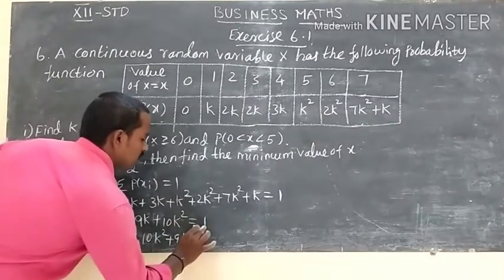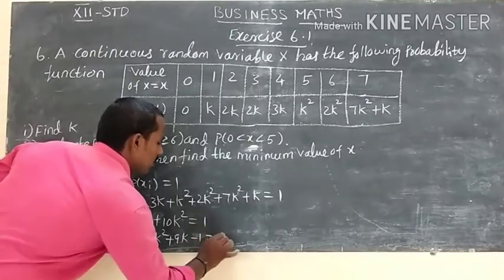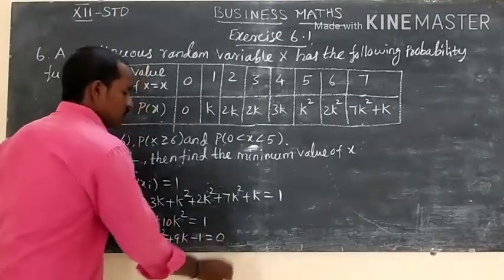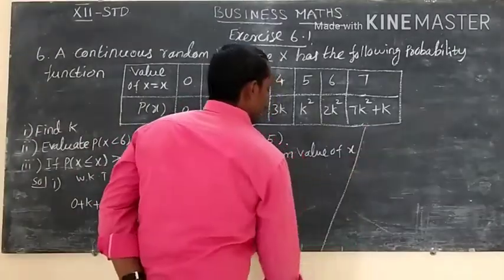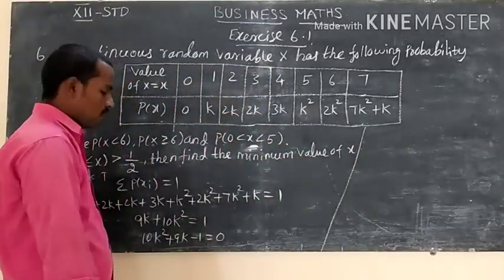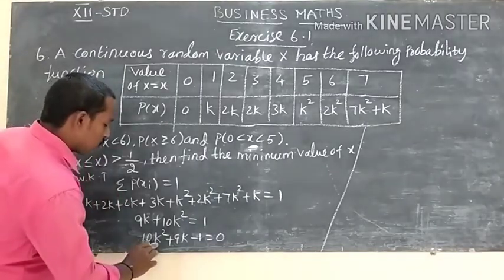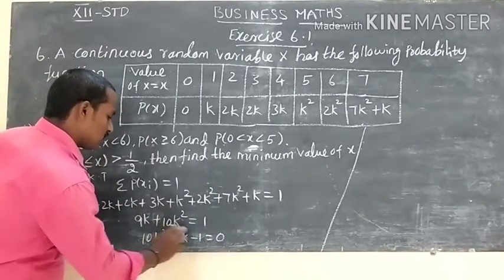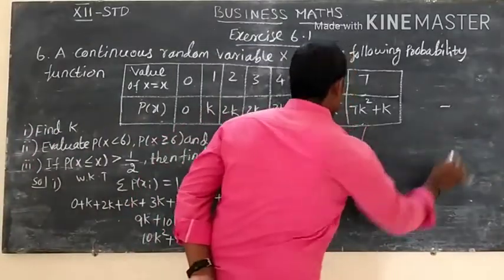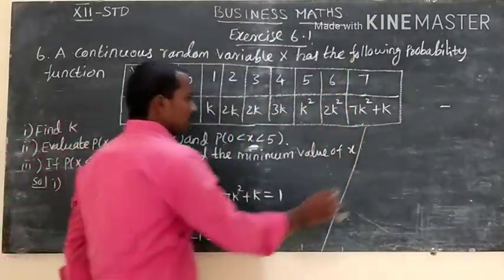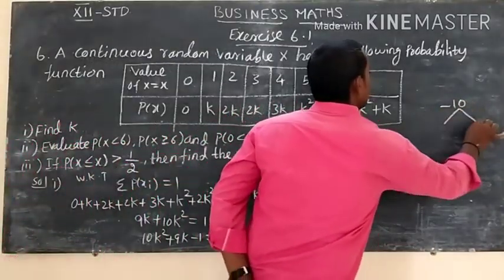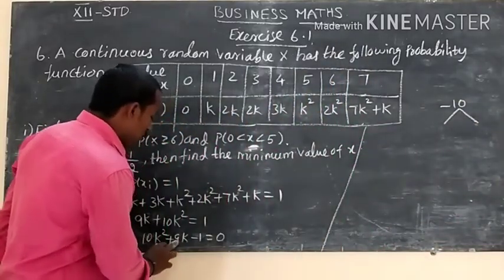So making the transformation, this left side minus 1 equal to 0. This is your quadratic equation. Using the factorization method to find the value of k. So product of the coefficient of x squared into constant, plus into minus, minus 1 into 10, that is minus 10. Then the middle term is the sum of the value, which is 9.